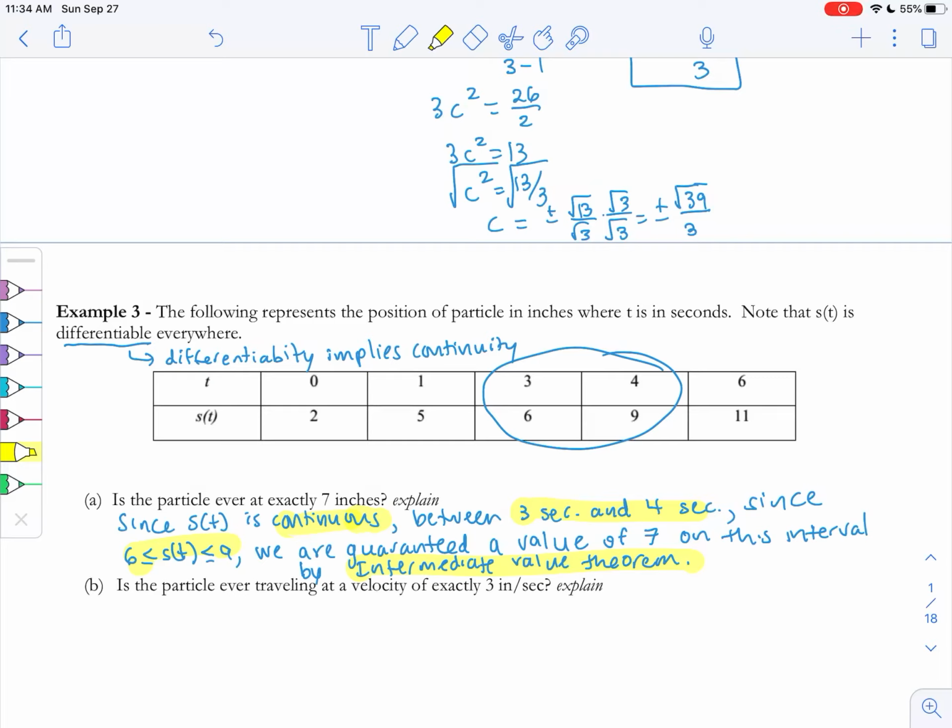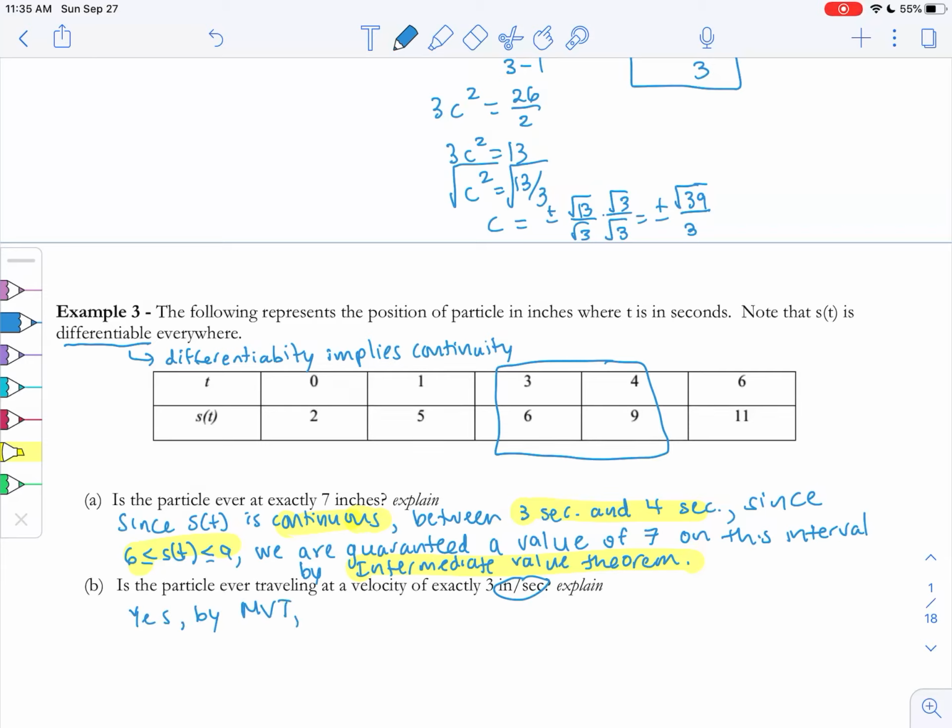On part B, is the particle ever traveling at a velocity of 3 inches per second? I accidentally deleted this, so let me write that back. We're looking for inches per second, which is a rate of change. So we're looking at change in s of t over change in t, and it's asking for exactly 3 inches per second, which is an instantaneous velocity. So we're looking through our table of values for when the change in position over the change in time is equal to 3 inches per second. If I search and do the slope in my mind, change in y over change in x, I see that between the same times, the slope of the secant line is equal to 3 as well. So yes,